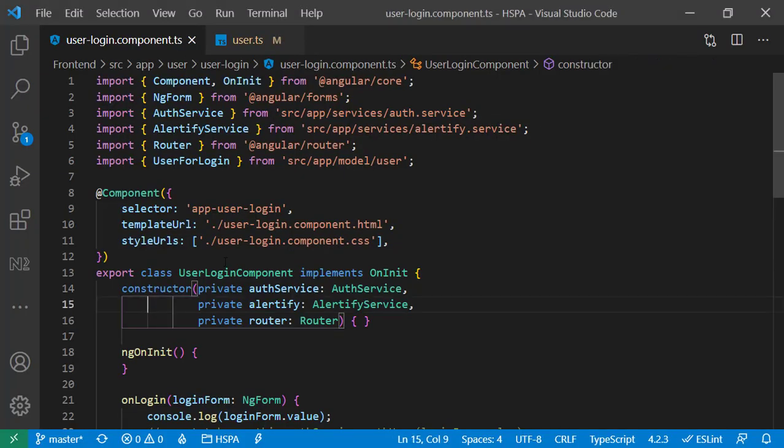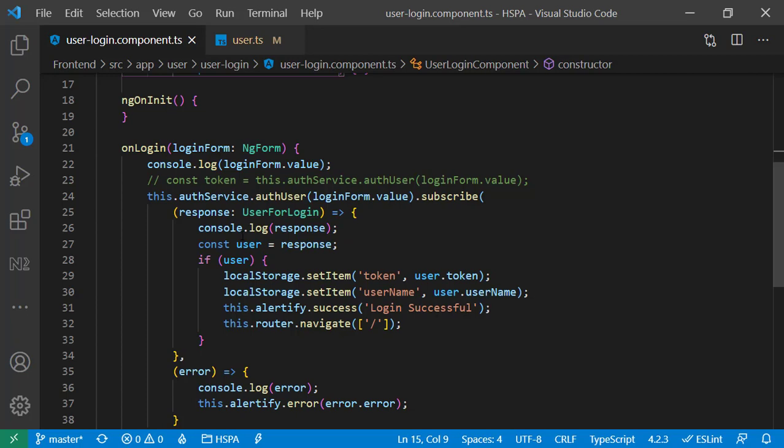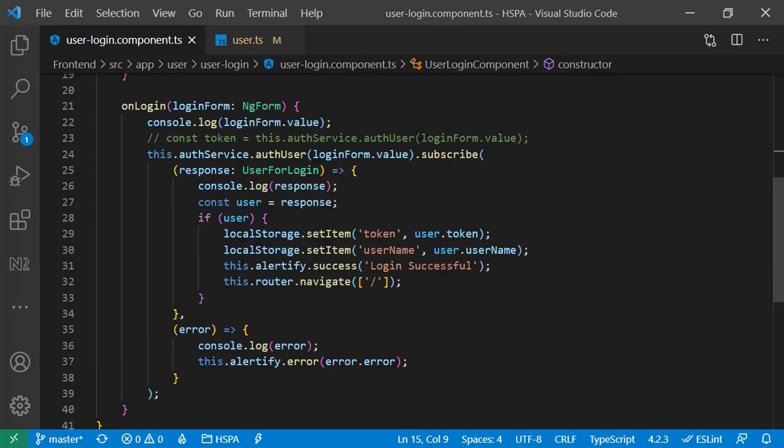So in our previous video, we have integrated our login and register component with Web API. We have seen how to call Web API methods and how to trap errors at client side. We understood the basic concepts and it is working quite well, but definitely this is not the best approach. If you have only one or two components, then it is fine to trap errors like this in components.